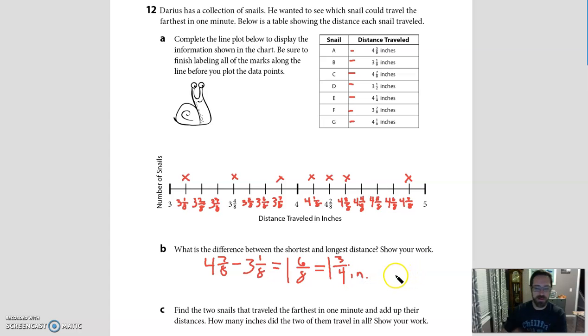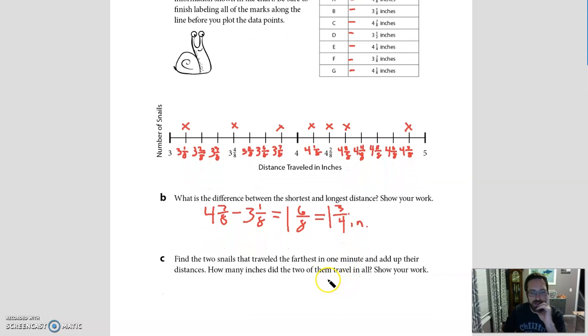inches. All right. Then it says find 2 snails that traveled the farthest in 1 minute and add up their distances. So the 2 that traveled the farthest would be 4 and 3/8 plus 4 and 7/8 and add up their distances. So if I add them, start with 4 plus 4 is 8. And then 3/8 plus 7/8, we have a common denominator, so we don't have to do anything with that. I get